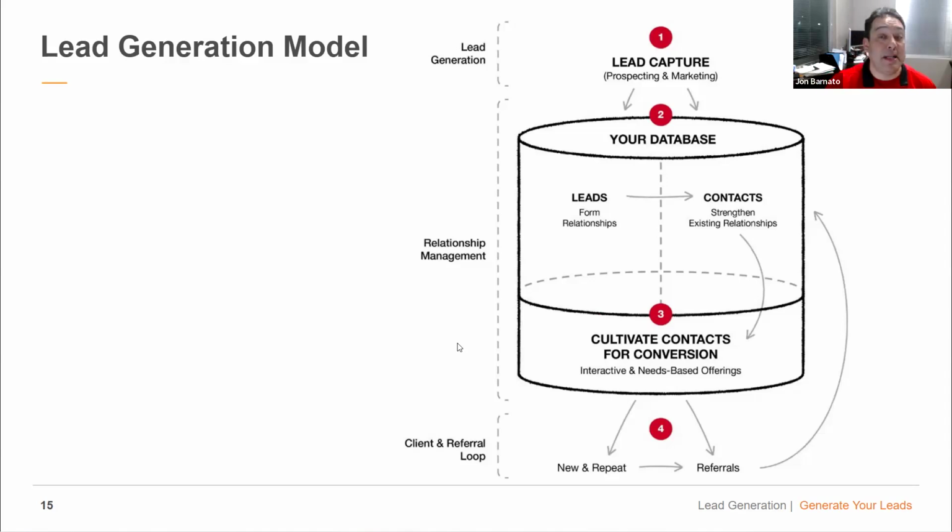Okay. Now we're going to cultivate them with need-based offerings. So we're going to talk about need-based offerings. What does that look like? That means I'm going to give them things that they need. I'm going to put things in front of them that make it sexy for them to raise their hand, right? What would be sexy right now? What would be needs that are sexy right now?